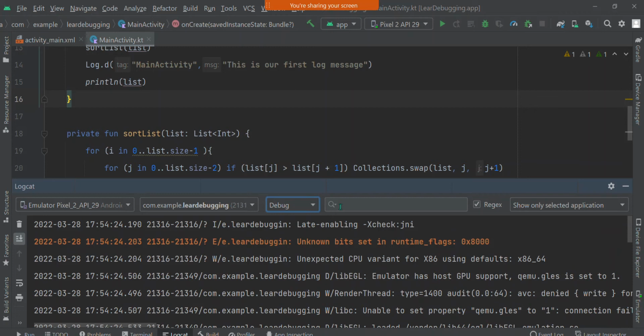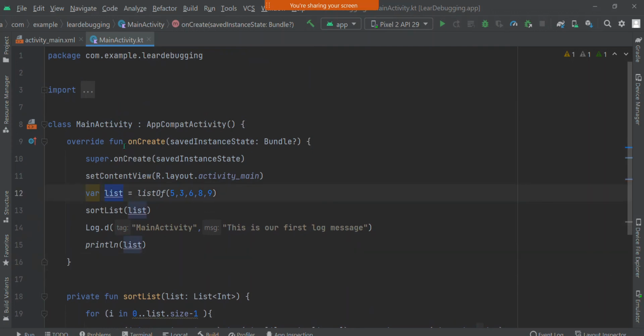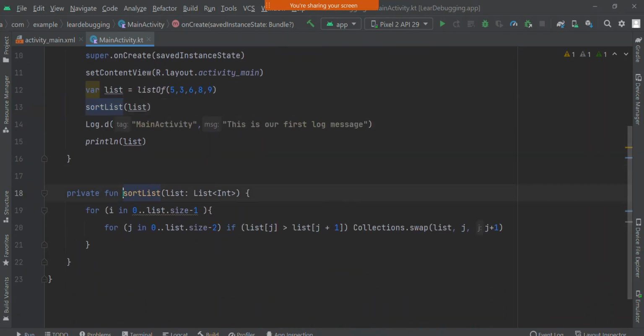So here let me show you this coding that you see here in the onCreate function. I just created a simple list. This is like an array list of integers, or listOf, you see, this one is simple Kotlin coding. It is actually not related to Android development, but just Kotlin coding, listOf function, and this is var and the variable name. Then after that I created a function sortList. This is my created function sortList, and I send the list as an argument. You see here as an argument, and then here I use